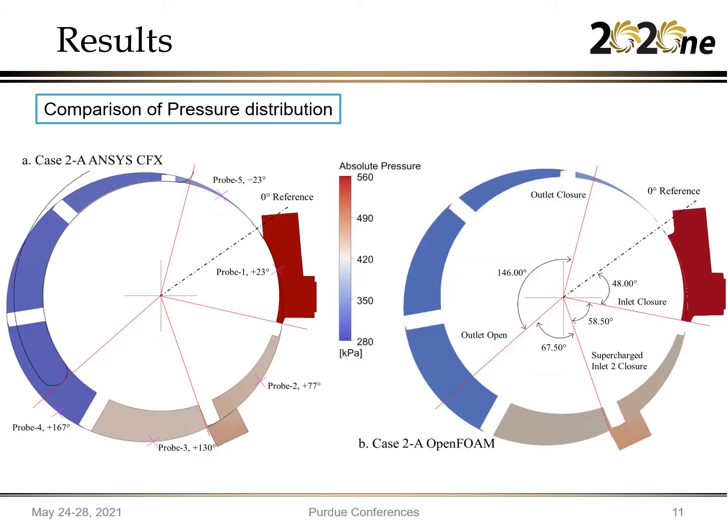Now we are comparing the results between ANSYS CFX and OpenFOAM for the pressure distribution. A cross section is taken across the mid length of the rotor. 5 probe locations have been indicated here. 1 is at the inlet port. 2, 3 are during the expansion process. Probe number 4 is when the discharge port is opened, and probe number 5 is when the discharge port is closed. And here you can see some of the angles associated with those timings.